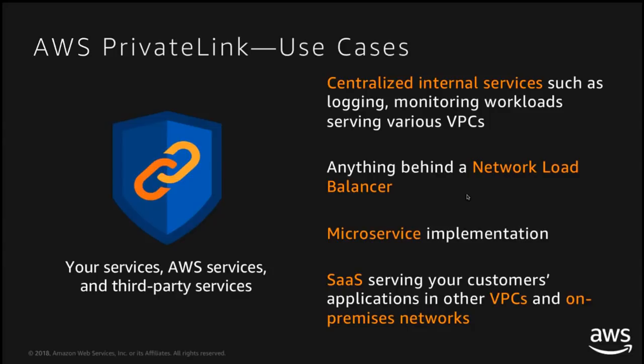So if you've got a network load balancer in front of a service, I did this in my account in, I think, 4 minutes. It was super fast. Then, especially, I talked a little bit about microservices and this service-oriented architecture, but since a lot of these microservices use service discovery, TCP-based connection between client server, this makes it very easy to split those workloads out into multiple VPCs so that you can access them, and you can split VPCs out easier